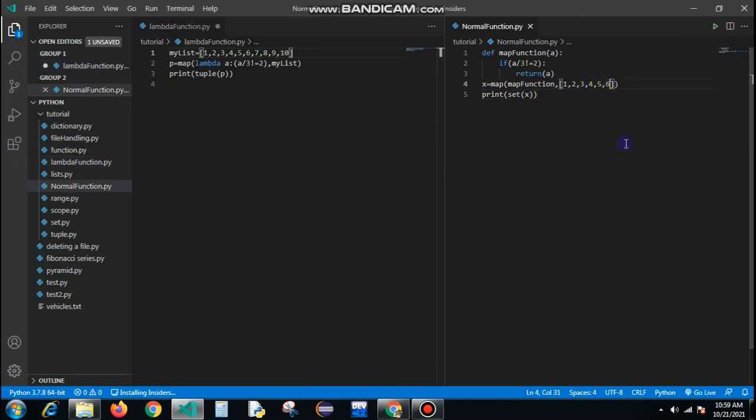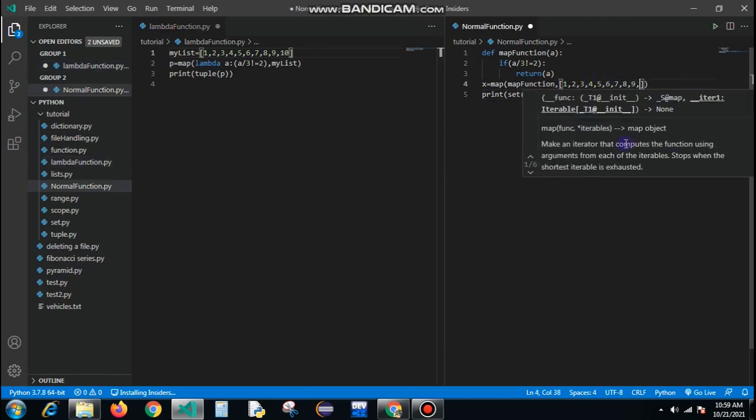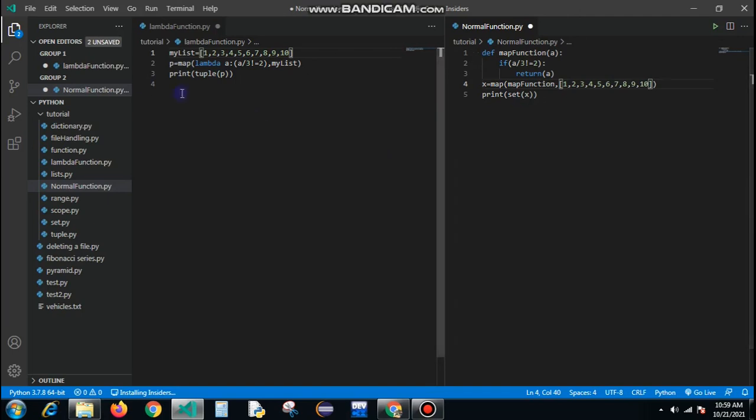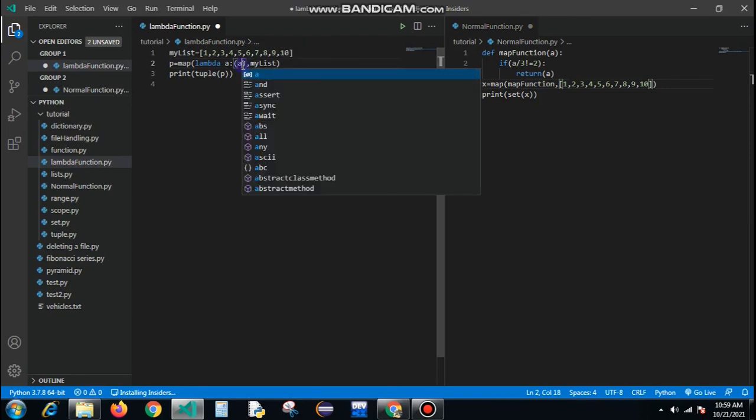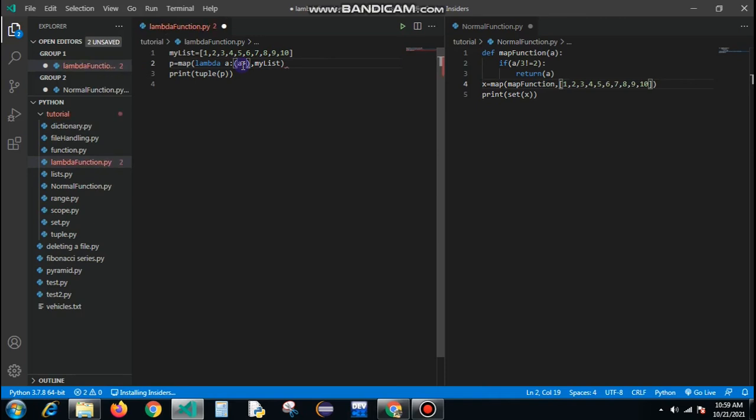Over here too: 7, 8, 9 and 10. So now that my list has been created in both the functions, let's change the condition over here. So a greater than or equal to 3,